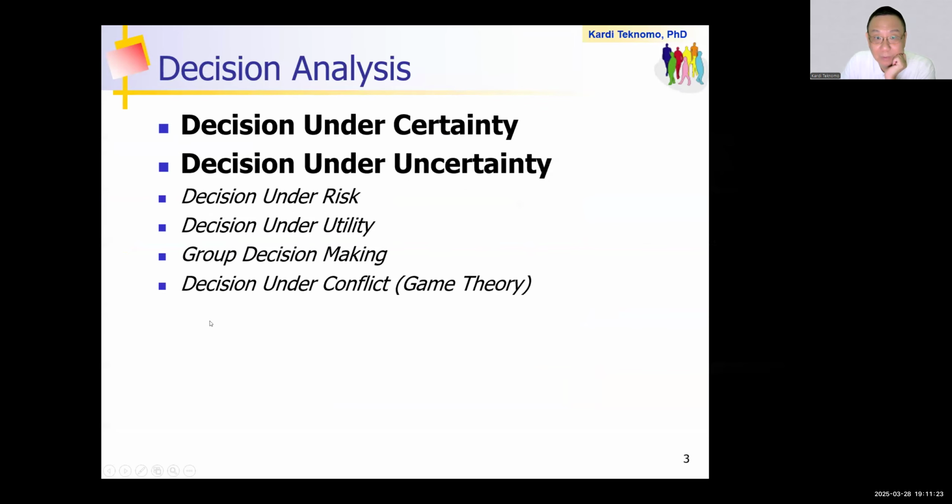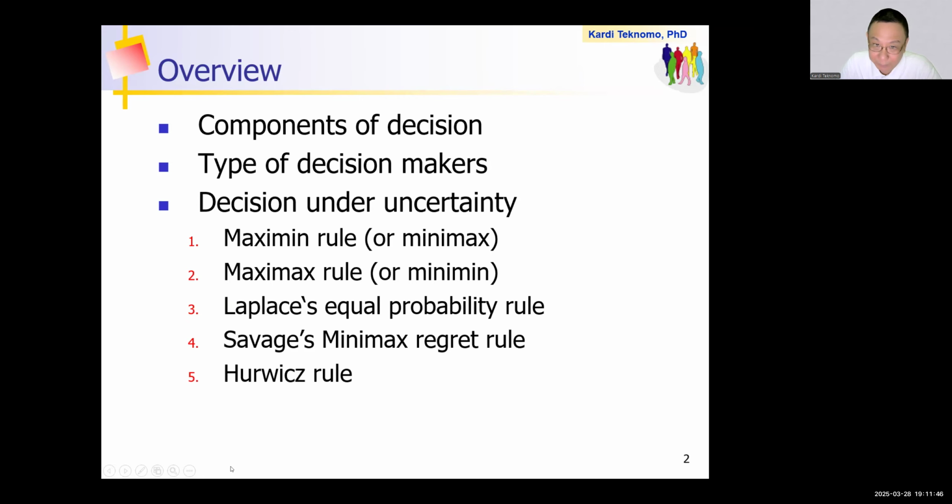Yeah. So I will discuss first the components of decision and then the types of decision maker, and then we will go to the technical part, which is how to compute. This is based on the criterion that we use. And then I hope you can compare the one that we discussed earlier, the classical strategy, which is non-compensatory, and then the IFN a while ago, which is practically multi-criteria decision making, with this one, decision under uncertainty. Okay, so